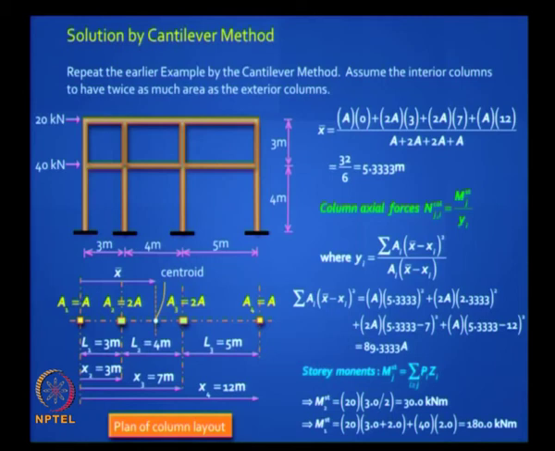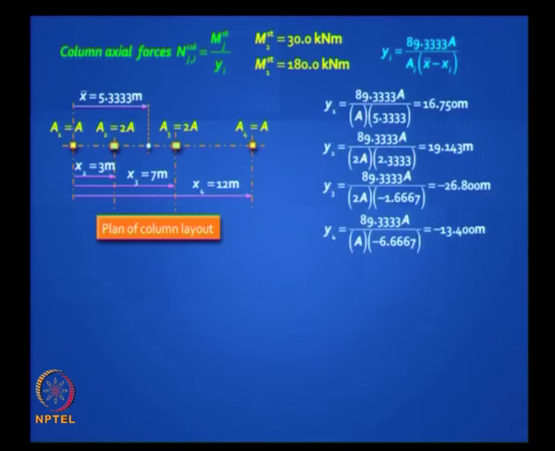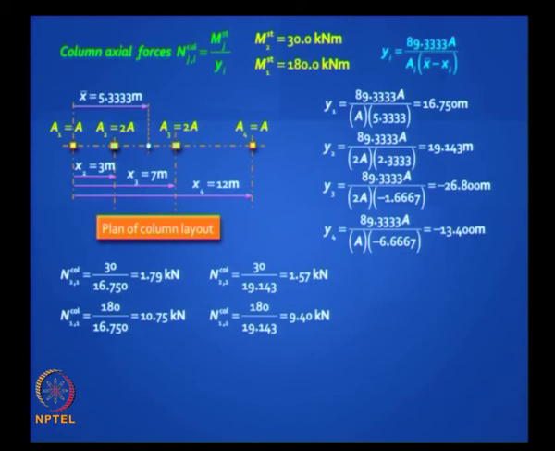Clear? You do that and substitute these expressions. There are 4 column locations, right? Every column will have a different equivalent y, which is a property of that section, and if y is negative, it shows that it is not going to be tension, it is going to be compression. Then you substitute there, you can get y1, y2, y3, y4. y1 pertains to the column at the windward end, y4 pertains to the column at the leeward end, and y2 is for this and y3 is for this.